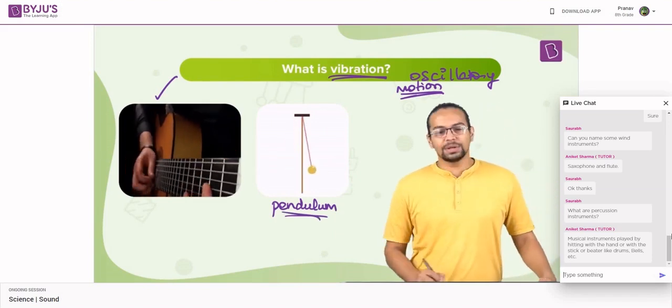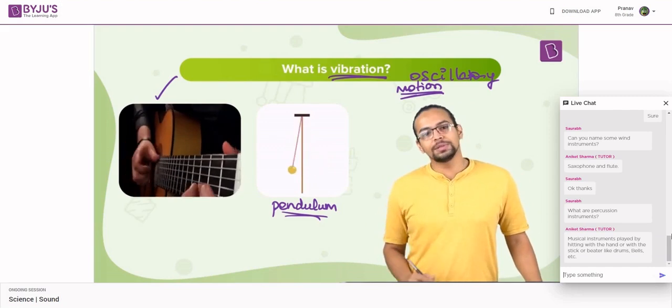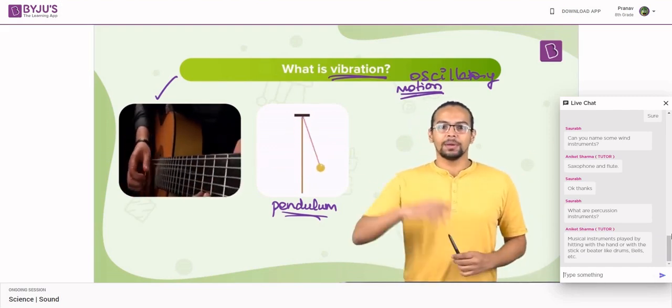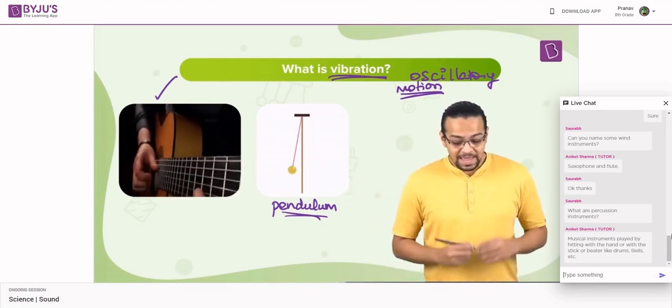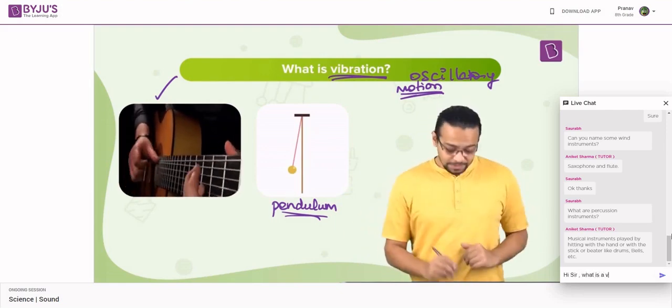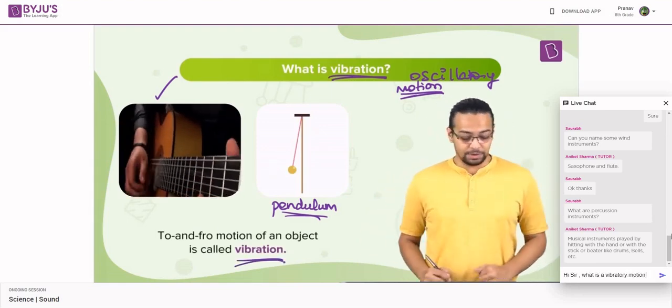Now, I said sound is a way that we perceive movement and oscillatory motion, and this pendulum is also moving. So every moving pendulum, will I hear it? I mean, my hand is doing oscillatory motion, but I can't hear anything about my hand. Now, how does this translate to sound? First up, let's appreciate that this to and fro motion is what is vibration, all right?